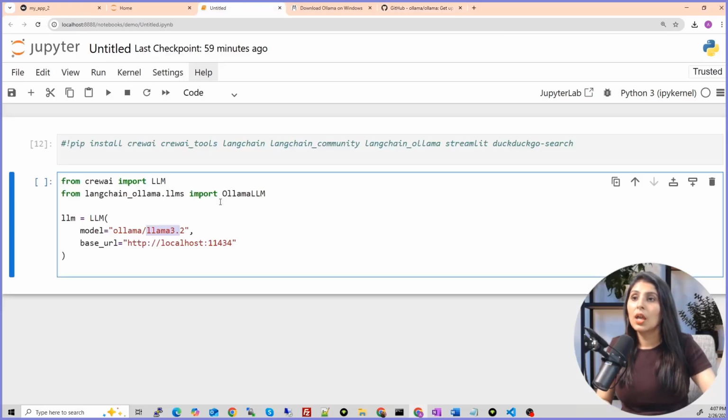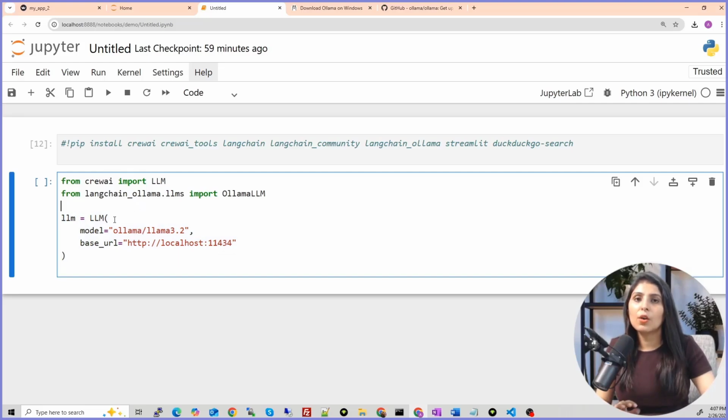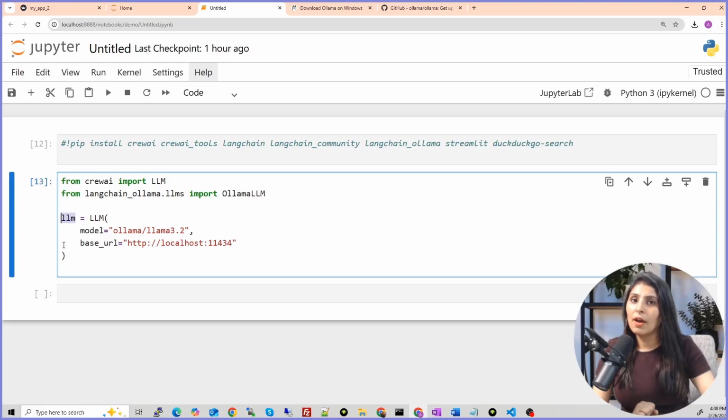Now you can use it. And after that, using this line, you can use the LLM. We don't need any kind of API key. You just import LLM from Crew AI and import Ollama LLM and provide the name of the LLM which you want to use from Ollama, and then your LLM is ready. Now in this variable you have your LLM.